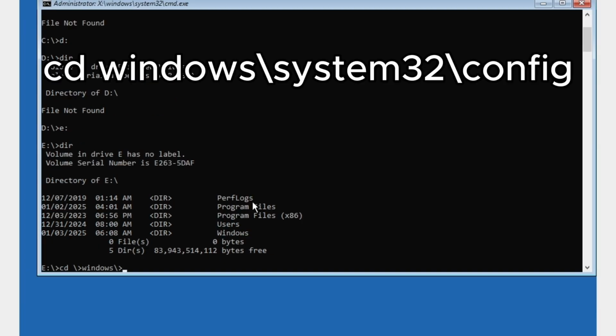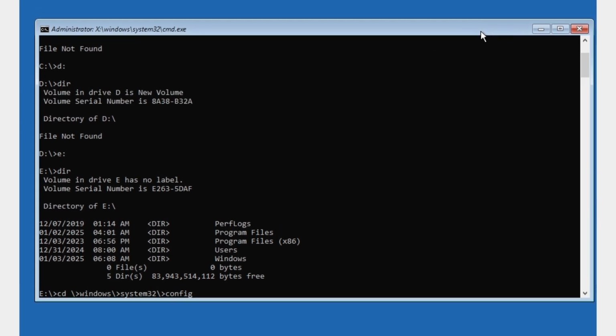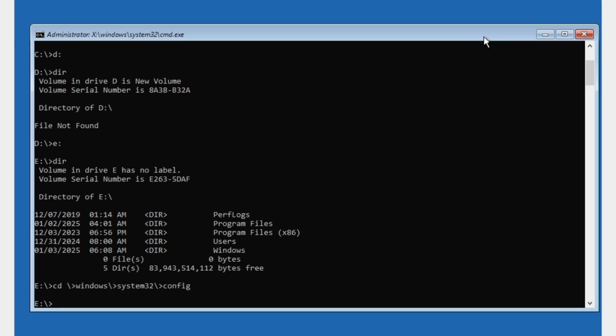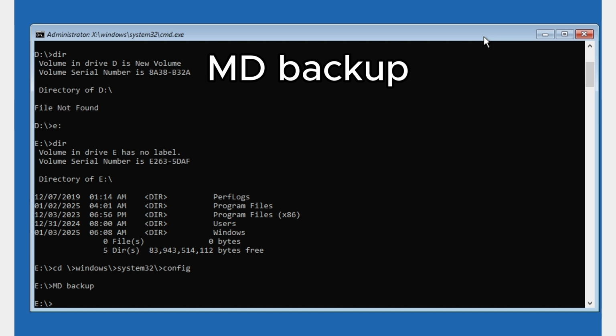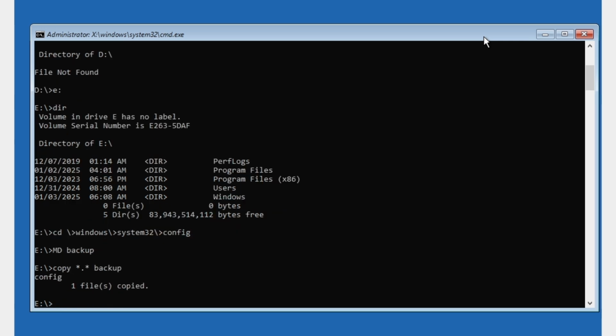Windows System32, and here config. This will be typed on the screen somewhere so you can see. Now type in md backup like this, press enter, and then the next command we're going to type is copy, then asterisk dot asterisk, and again backup, press enter, and then we're going to type in